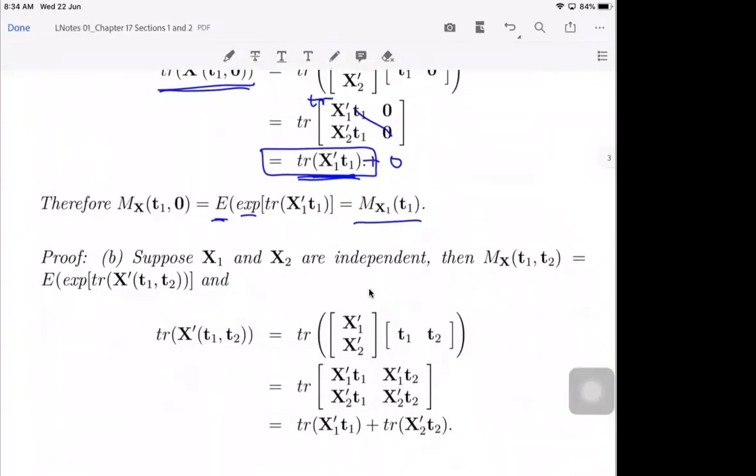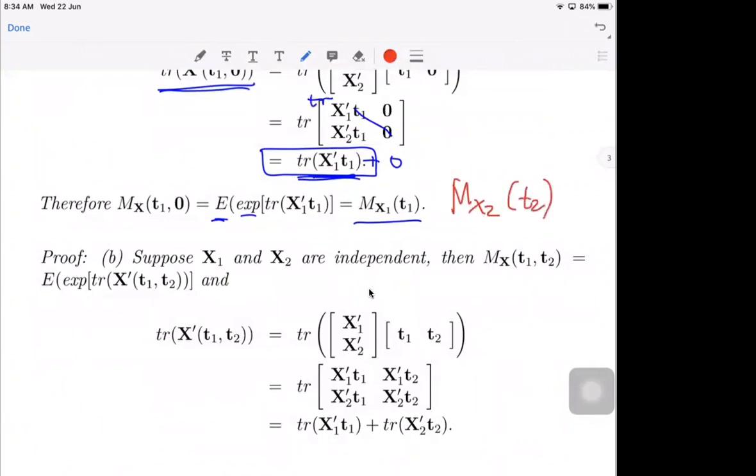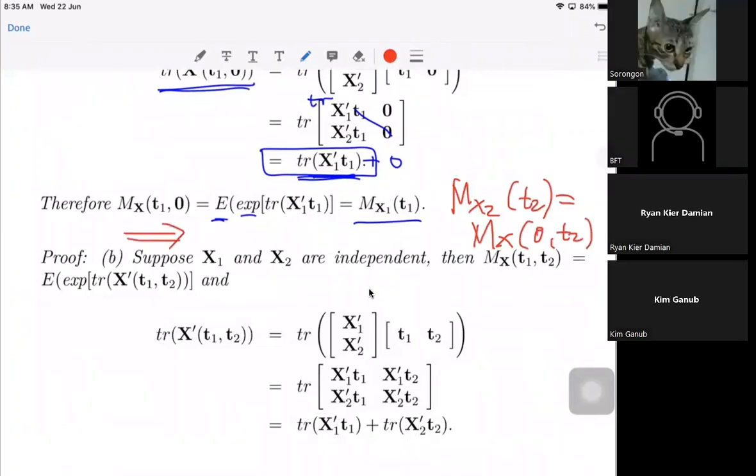That's for B. So similarly, you can do this for m_{x2} at t2, which is just equal to the moment generating function of x at 0, t2. Okay. This proof, one direction,